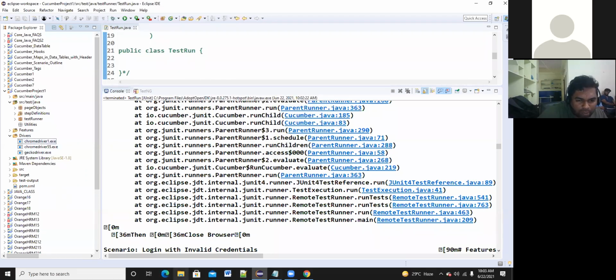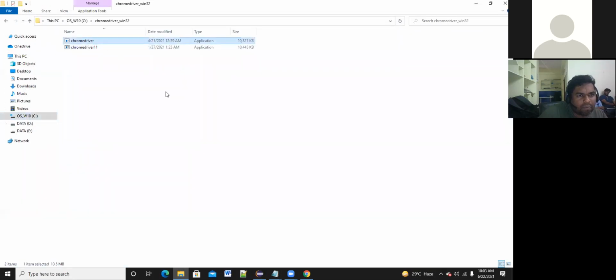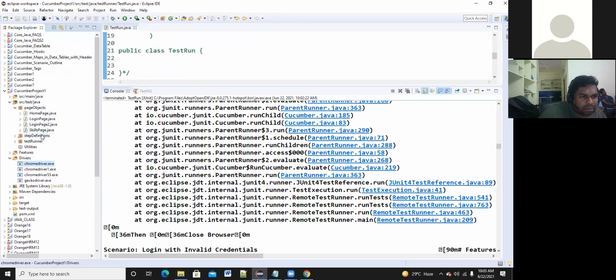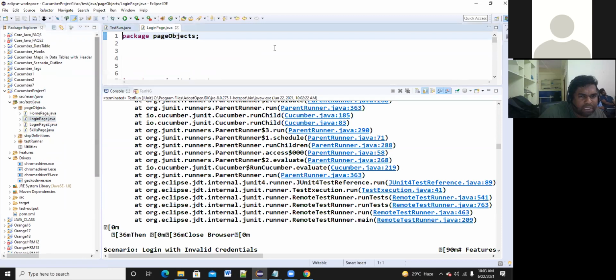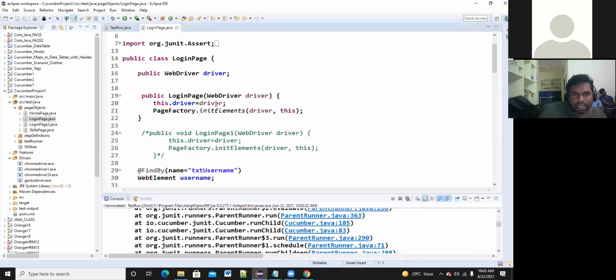Okay, let me copy my chromedriver.exe. How am I getting this chromedriver.exe? Let me go to my base in page objects. The login page. The get driver method.